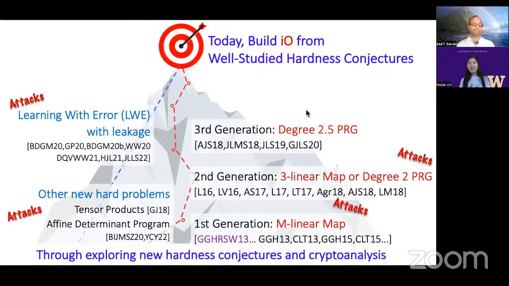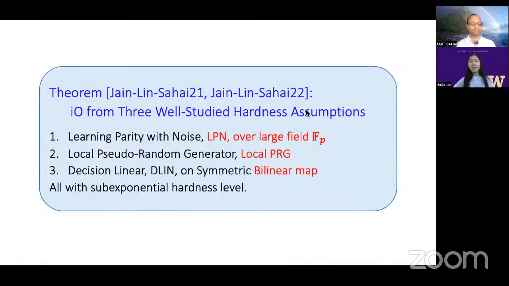However, all those works have built up a body of really useful techniques and really paved the way to our two recent works that finally built I/O from three well-studied hardness assumptions. First, learning parity with noise, shorthand LPN, over large fields. The second is assuming the existence of a pseudo-random generator that has a local structure. And the third is that we assume a hard problem called decision linear is indeed hard on an algebraic object